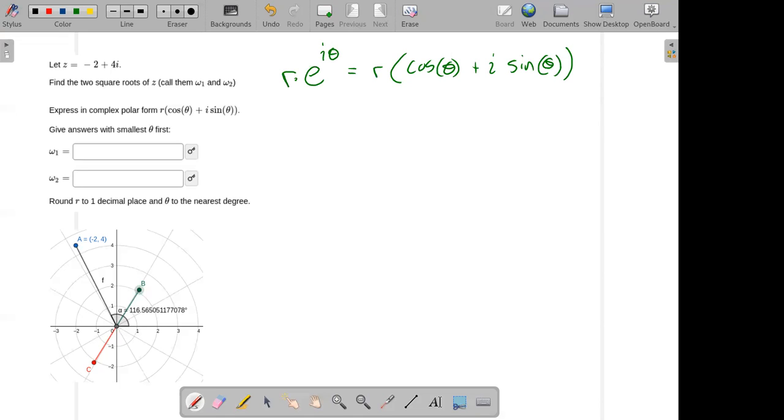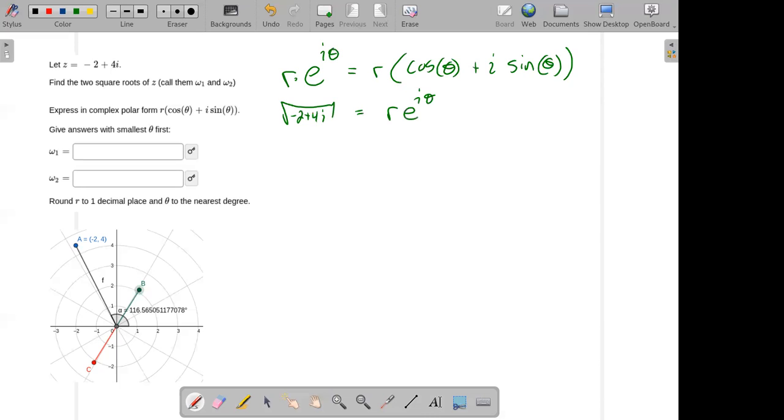This polar form can be evaluated to give us the component form of this complex number, or we can write it in the Euler's version of the polar form, which is kind of neat. Nice thing about that is if you're taking a square root of a number, for example, I want to take the square root of -2 plus 4i, then if I know its radius, its distance to the pole, and the angle it makes with the positive real axis there,